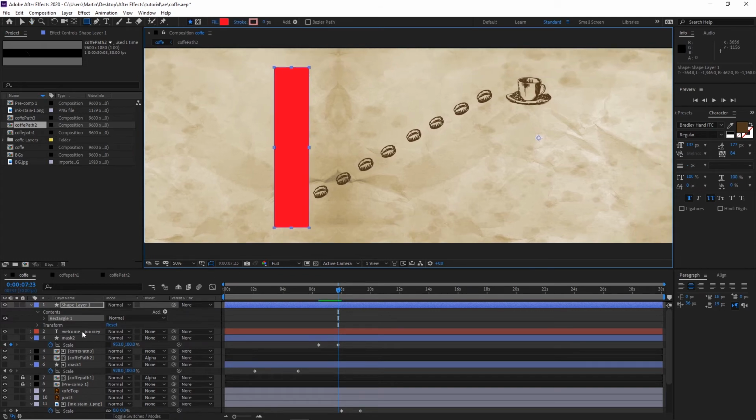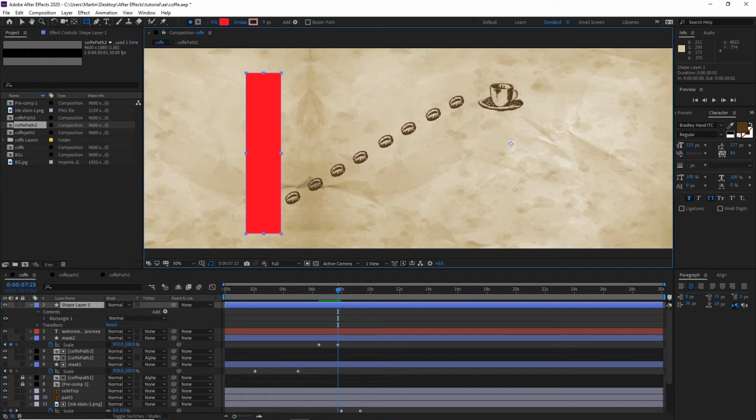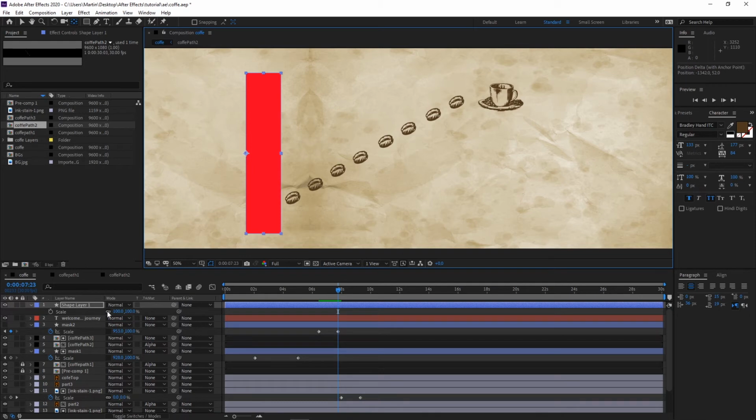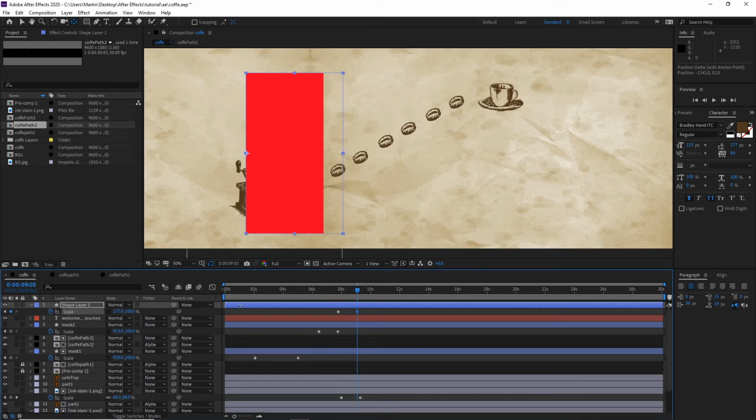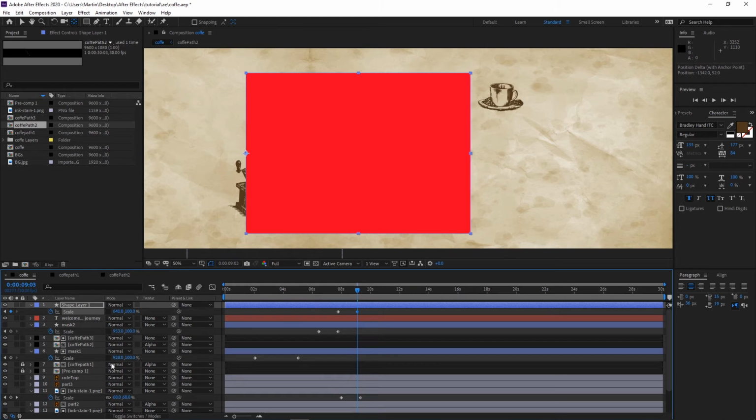Alright, and we will have to get the anchor point. So Y or pan behind tool, move the anchor point, hold Ctrl to snap like this, and go to the scale, uncheck this proportional scaling, create keyframe, move maybe 40-50 frames, and you can scale it like so. And one more time,